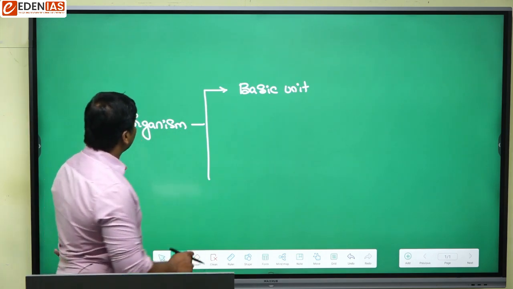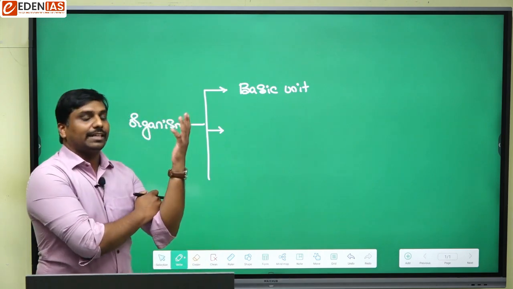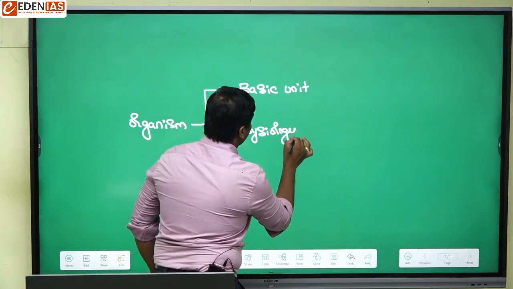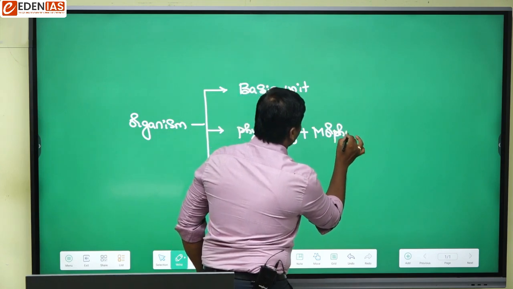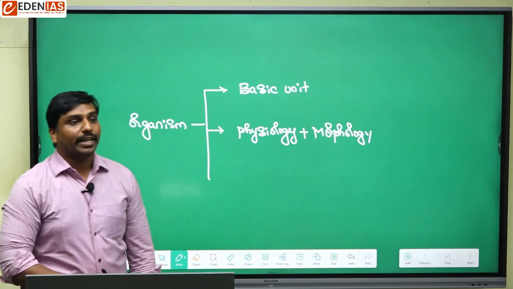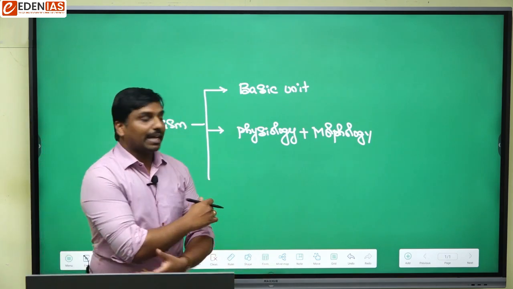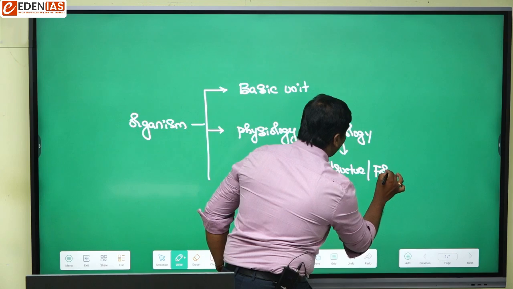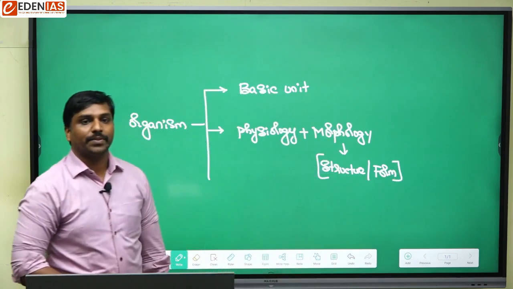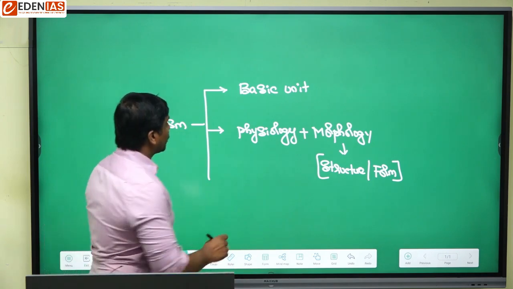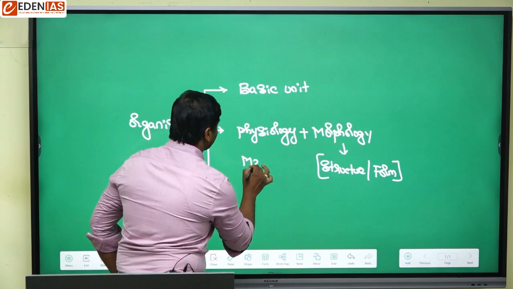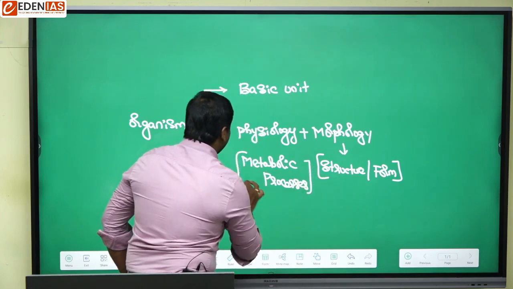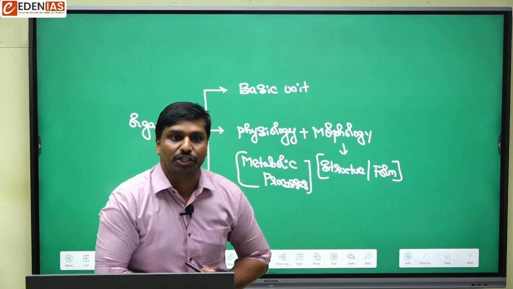So what is organism? Organism is any entity which has some physiology plus morphology. What do you mean by morphology? Morphology means it has some structure and some form. And any entity which has physiology, physiology means concerned with metabolic processes, coupled with